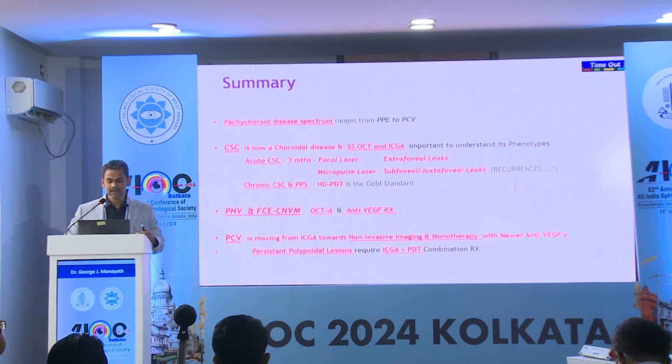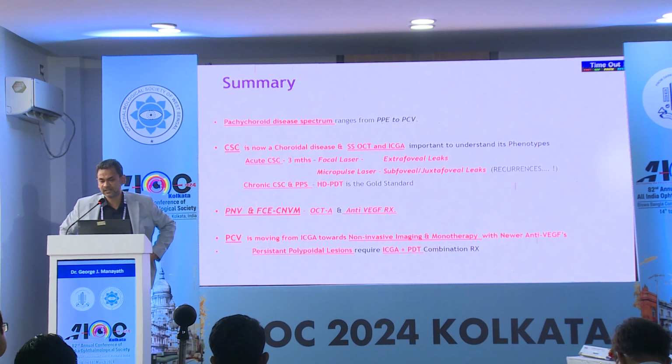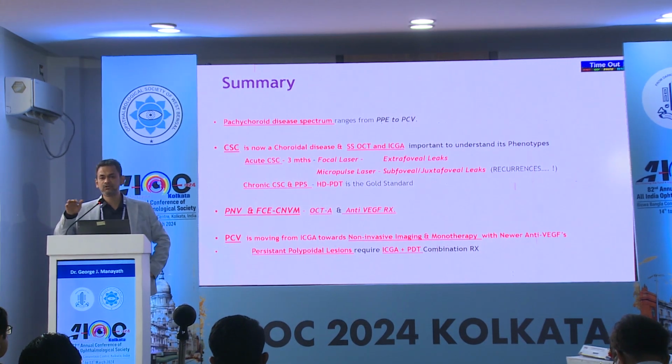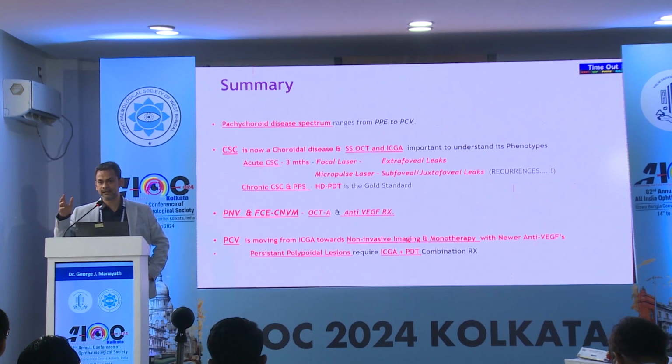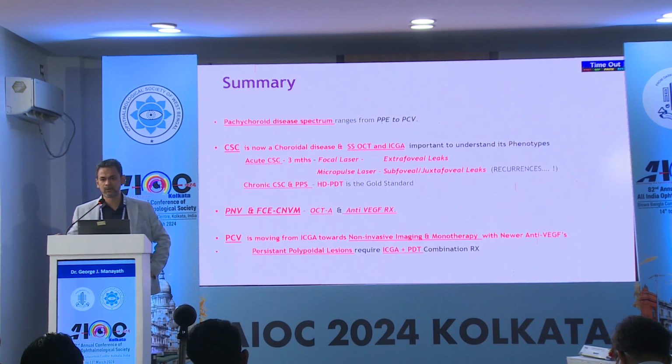So I summarize that the Pachy spectrum ranges from pachyepithelopathy to PCV. CSC is now a choroidal disease with swept-source OCT and ICG angiography, and acute CSC up to 3 months is observation, and then focal laser for extrafoveal leaks and micropulse laser for subfoveal and juxtafoveal leaks. But both these do not alter the disease prognosis or recurrences and do not modify the disease, whereas in chronic CSC and peripapillary Pachy syndrome, half dose PDT is the current norm in treatment,